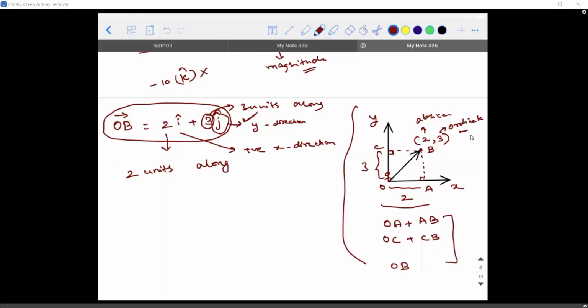Yeah, okay, I'll start from the beginning. OP vector is equal to 2i cap plus 3j cap. Did I say that? Yes, sir. So 2i. By looking at this, somebody who sees it will understand that I moved a distance of 2 units along the positive x direction and 3 units along the positive y direction. I hope you guys are able to understand this. Okay, that is one way of looking.